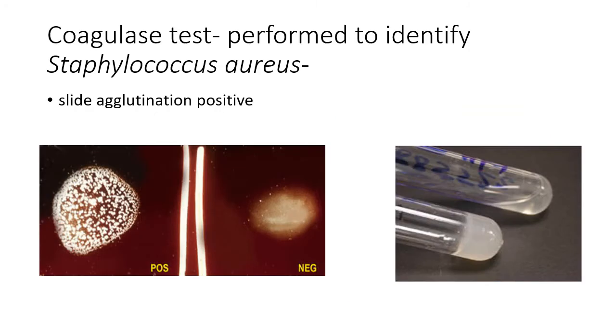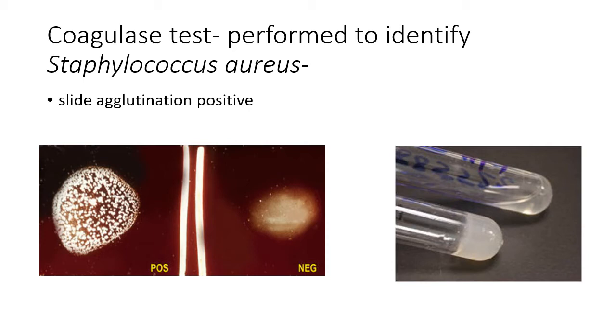Now, once catalase is positive, and of course you've seen the beta hemolysis as well, you want to now confirm whether it is Staph aureus or whether it is some other species of Staph. And here the enzyme coagulase becomes very, very useful. This enzyme is present in Staphylococcus aureus and it is usually negative in coagulase negative Staph.